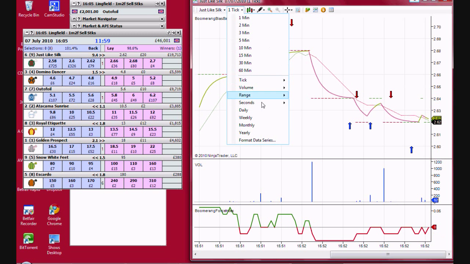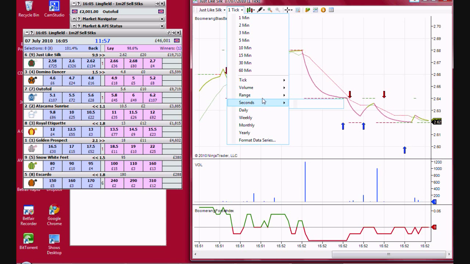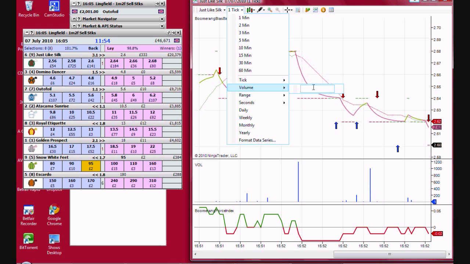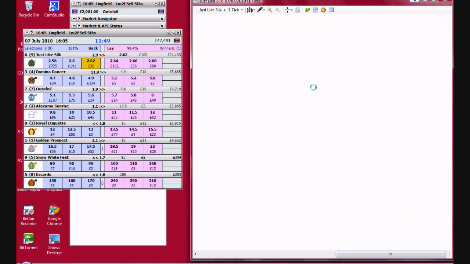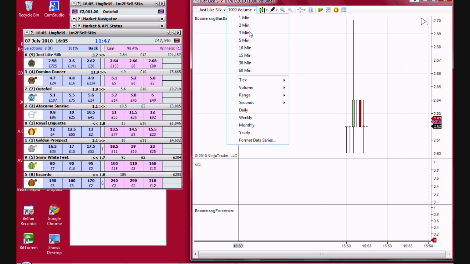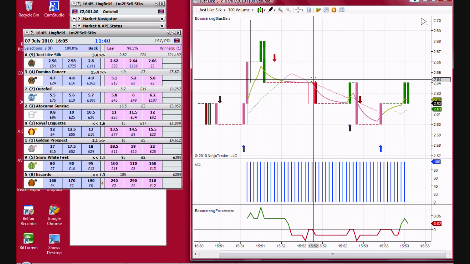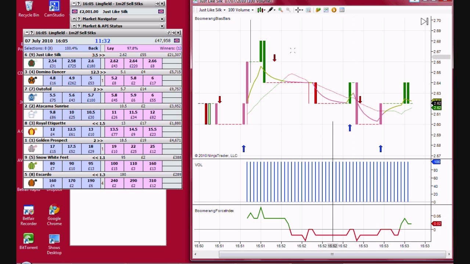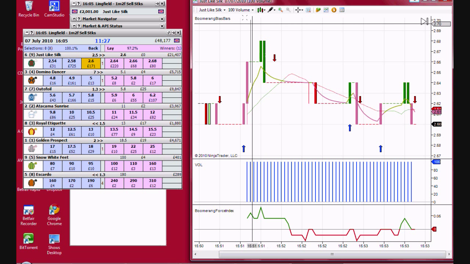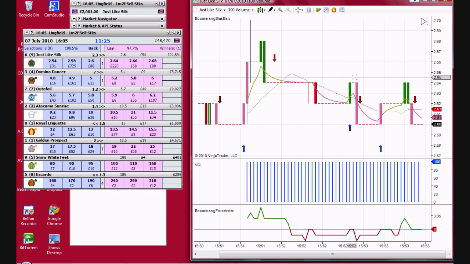So I'll swap over the chart now, and also I can demonstrate here some of the charting advantages of the new version. So for example, if we wanted to run the Boomerang Scalp Trader on, say, a volume chart of 1000, obviously the market is coming up to 10 minutes before the race now, so the market isn't particularly liquid. You can monitor that here, you can see the data coming, and basically this chart is a volumes chart, as it says, and for each interval of volumes, so 100, 1000, whatever, the